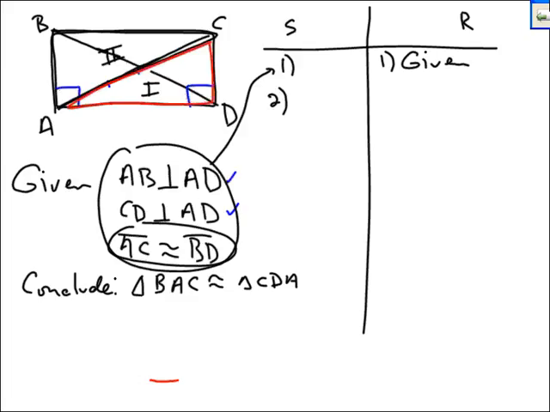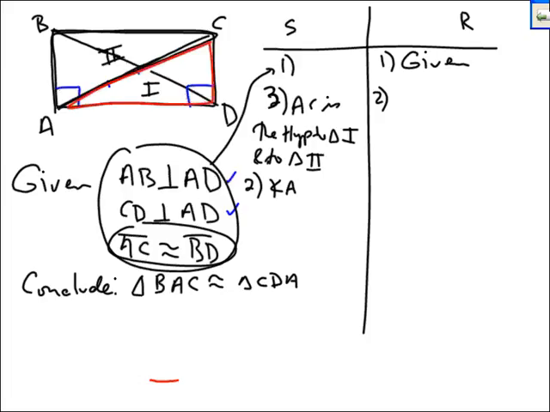Statement 2 is AC is the hypotenuse to triangle 1, that is ADC. And while we're at it, AC, the hypotenuse to triangle 1, and to triangle 2. I left out something, I'm sorry. We're going to call this number 3. Number 2 will be